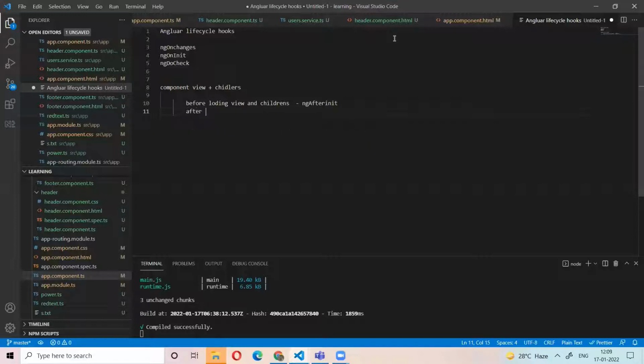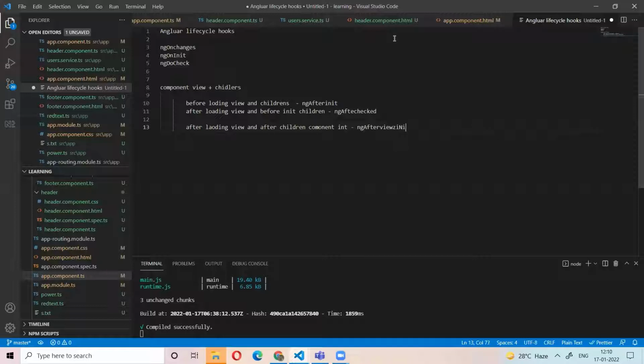After loading the view and before initializing children, then ngAfterContentChecked. Now after loading the view and after the children components' initialization, then ngAfterViewInit.